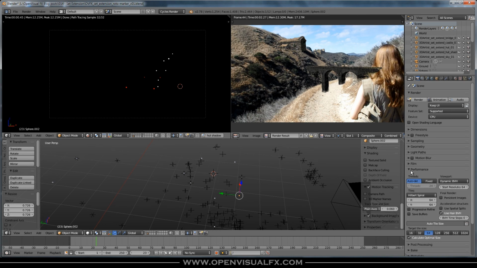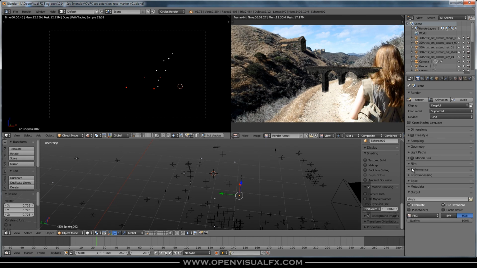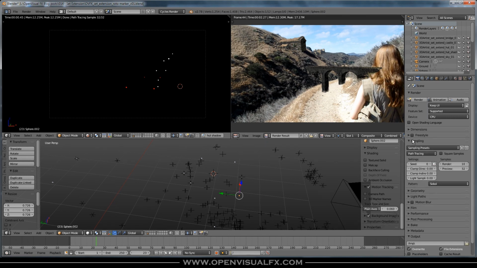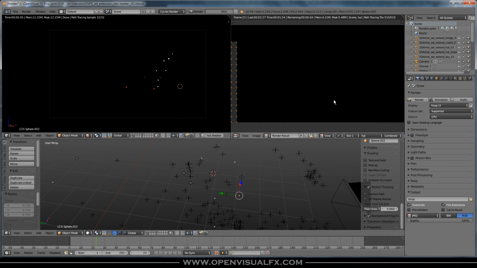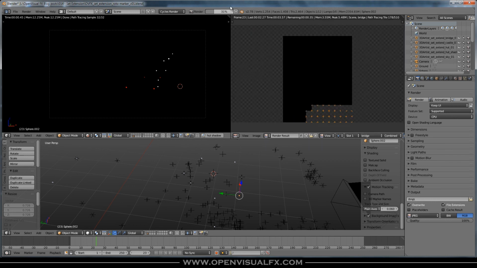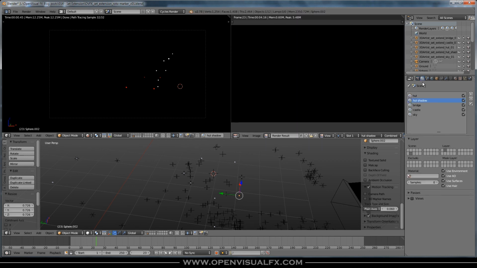You can mess with your performance. I think the later version, 2.78c, may not even have this or work with this, but sampling's 10. I think we're good, right? Light pass, that's all fine, I think. Let's just do a render and see what it looks like. Oh, we're rendering all the layers. Stop that. Okay. This is why I wanted to save it as a different file,